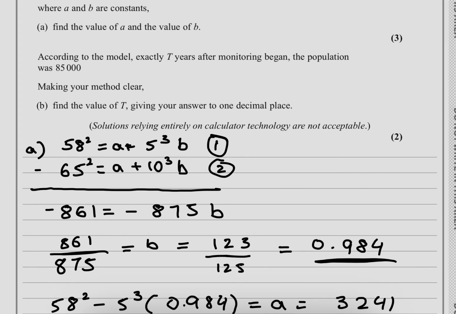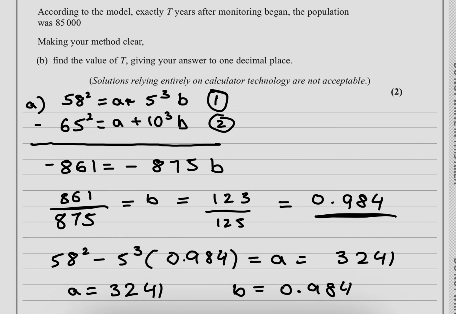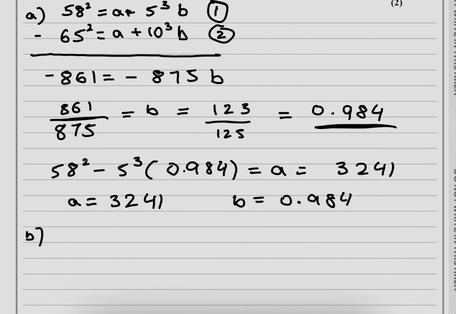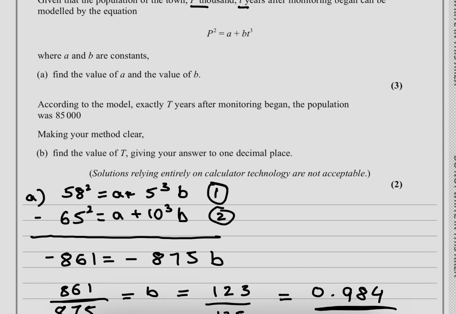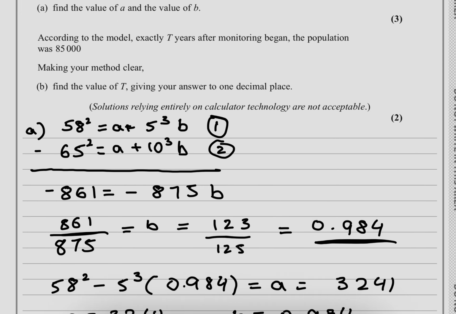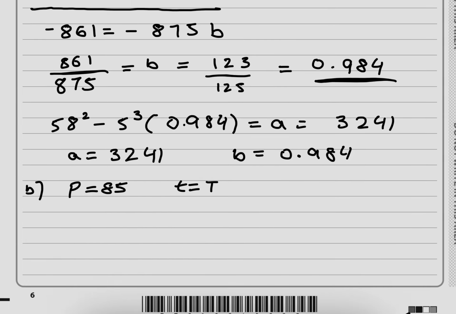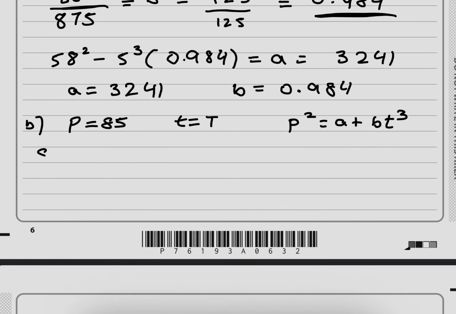Now for the second part, according to the model, exactly 2 years after monitoring began, the population was 85,000, and we have to find the value of t. All right, so population is, our P is 85. P is 85, and our t is t, and we're trying to solve for that. Let's make it simpler and just write down the equation over here. P squared is equal to a plus bt cubed. Let's just rewrite that. 85 squared is equal to